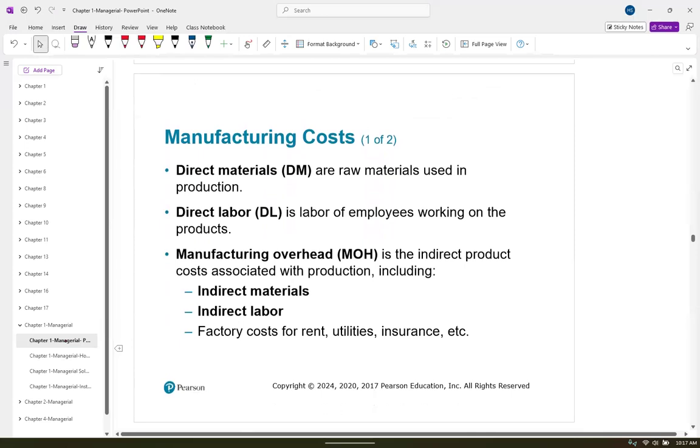We have three different manufacturing costs. I'm going to go back over to my T accounts and fill them in where they go for the time being. We have direct materials. Direct materials we can see; we've talked about that. Direct labor: these are the employees working on that assembly line.